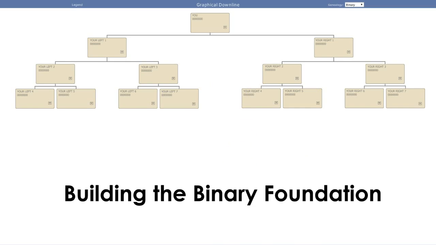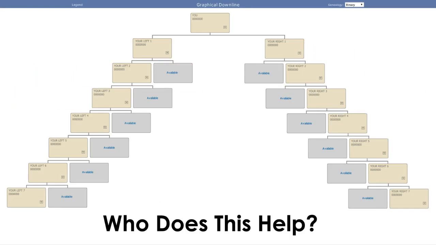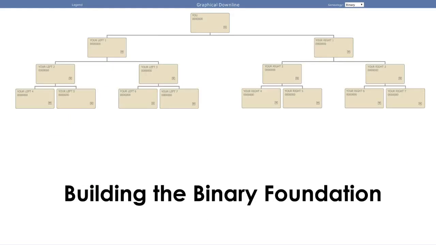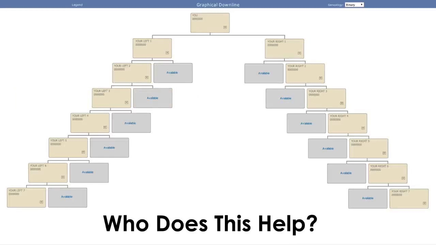So again, how do you get this type of structure? If you don't know how to do it any different way than the default way Total Life Changes shows you, I'm going to show you very quickly how you make this structure happen as opposed to this structure. And so